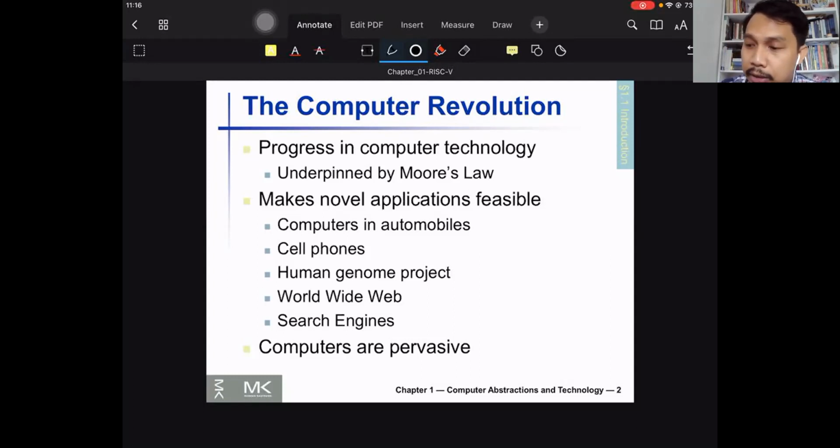That's why engineers right now, not necessarily microprocessor designers, are researching more ways and even materials to replace silicon as transistors. So the computer revolution,